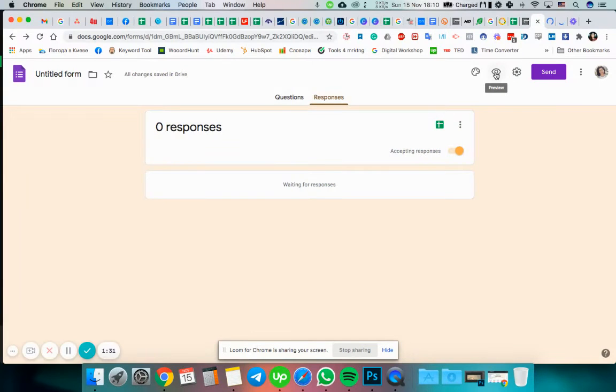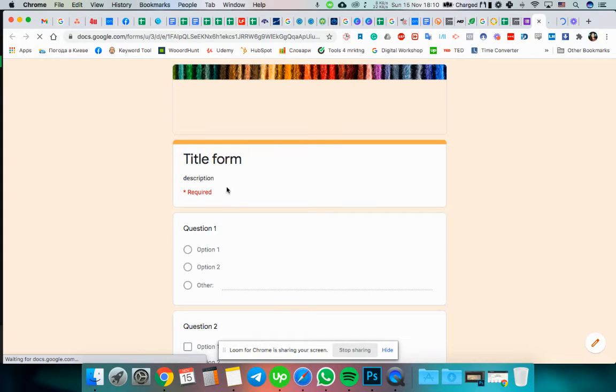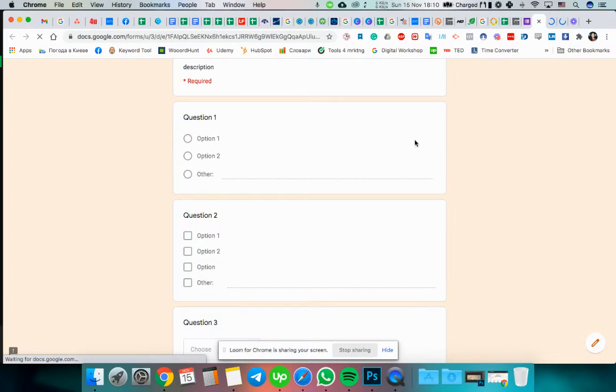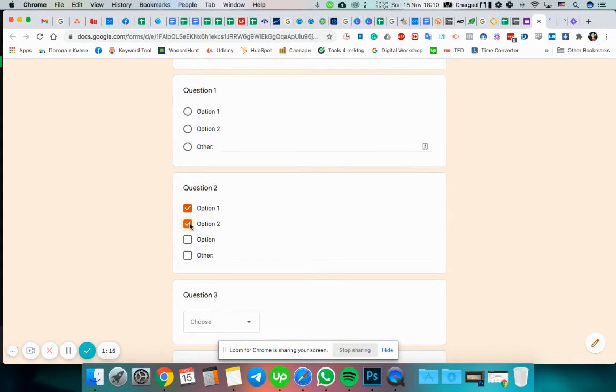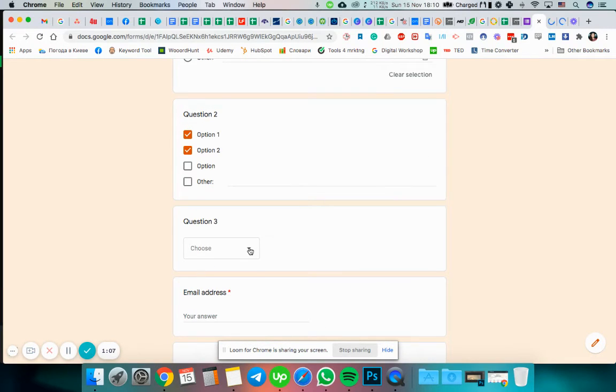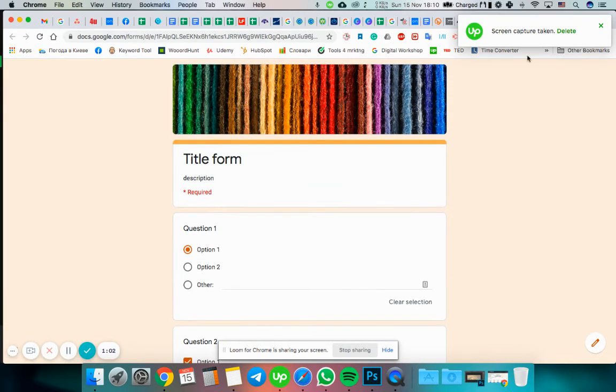If you want to preview, you can go here, and we will see now the differences between the different questions. So like I said here, I can only select one option. So it's loading. And here I can check box, make selection to more than one answer here. This is only one answer, and this is the drop down that we use, and this is the email address. So, and now the spreadsheet will open, hopefully here in the next tab, and I will show you how it looks like